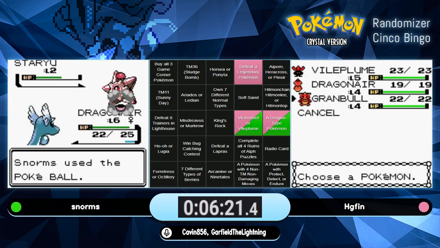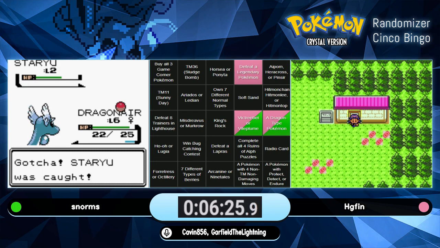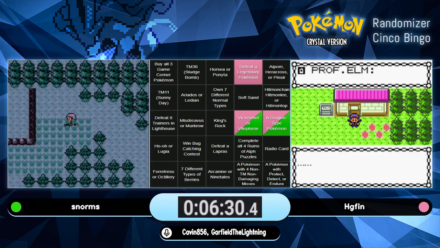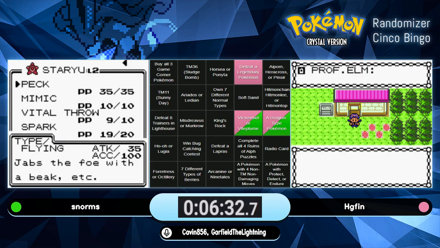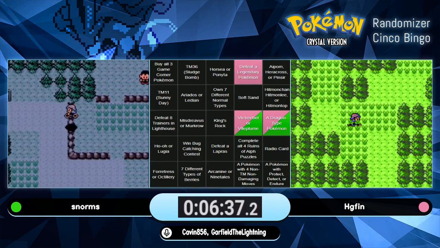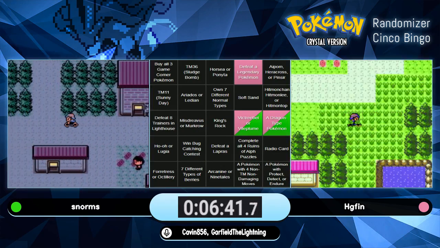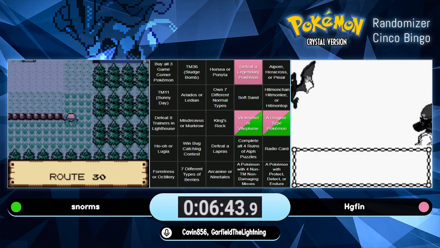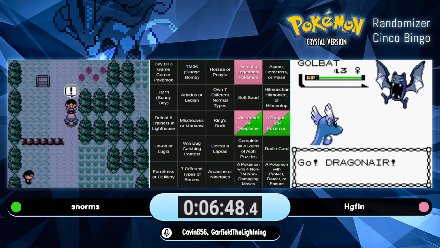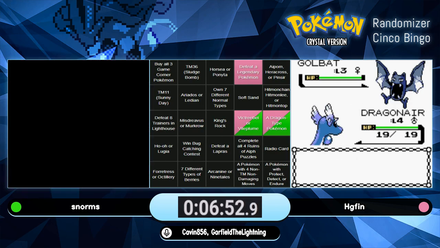Now, I'm actually curious as to why Snorms is picking up the Staryu. That Gramble did not have a particularly good moveset. Bind as its only physical move. Not that great. I think, am I crazy, or did we find a Water Stone, actually? We did find a Water Stone, yeah, so... If Staryu learns a decent move, he might just level this up a little bit, because after it evolves with a Water Stone...